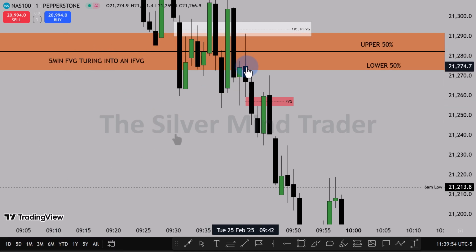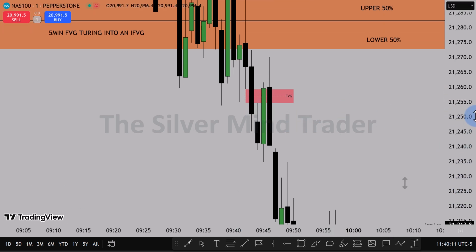So the moment price is leaving this gap, what you want to see is a displacement, which is what you see happening here. Does price create a fair value gap in that displacement? We have a fair value gap. The fair value gap is the separation between the low of this candle at 9:42 and the high of this candle at 9:44. So this gap here is what we refer to as the fair value gap. So price rallied up into the fair value gap,